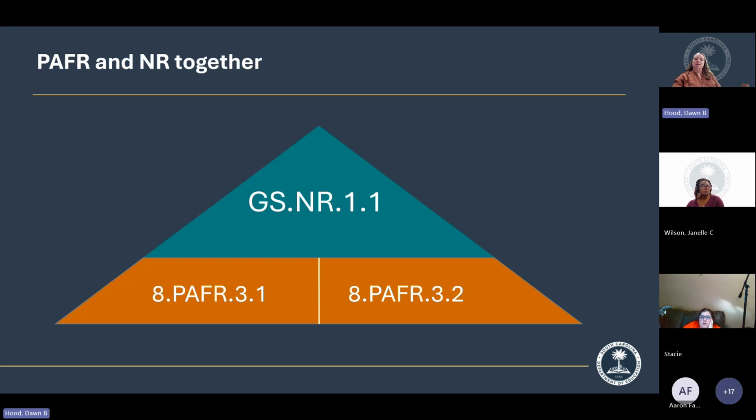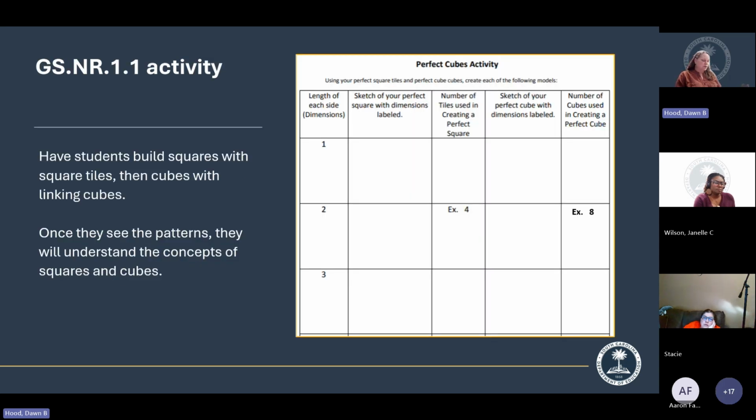And so can you guess what 8.NR 3.1 and 3.2 are? Those are our perfect squares and perfect cubes, and then our approximating non-perfects. Yes, Francis had it. So those will help build. If you start with 3.1 and 3.2, then you definitely can work towards the radicals in the next one. So an activity that I do have a link to